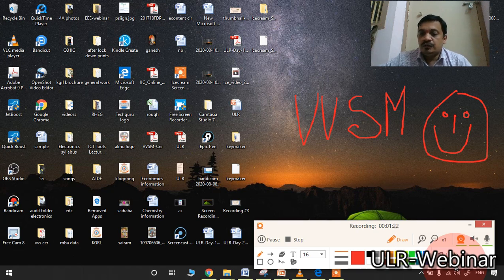If you are using the PPT, in the PPT slide the pen option will be there automatically. By using that option also, you may highlight things or write some annotations. But in the Icecream recording software, an inbuilt option is there to draw something. In one more tool also this specific feature is there, already explained. So by using screen recording software, you may add annotation very easily.